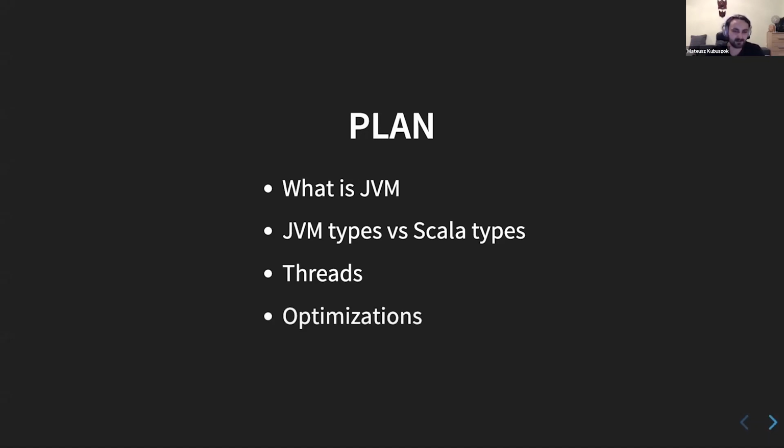And finally, I'll mention a little bit about the optimizations that the JVM does for us, because this is also one of the huge aspects of why we are using the JVM instead of some other platform, and why the JVM was picked for the development of Scala. At some point Scala was also targeting some other platforms, but in the long run, we're still on the JVM, and other platforms are, well, slowly joining us. But we're not programming on .NET, for instance.